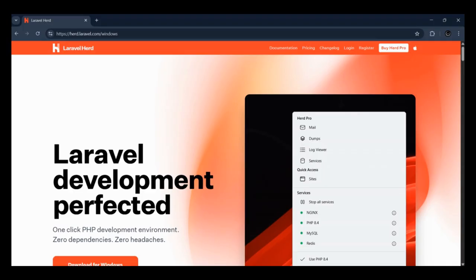Laravel Herd is basically your personal Laravel development environment. It's super lightweight, works without admin access, ships with PHP, Nginx and Composer, and supports multiple PHP versions. You get one-click switching between PHP versions, and it's available for Windows and macOS. It's like installing a ready-made Laravel environment, and everything comes pre-configured. So let's check how you can download Laravel Herd, install it, and configure it